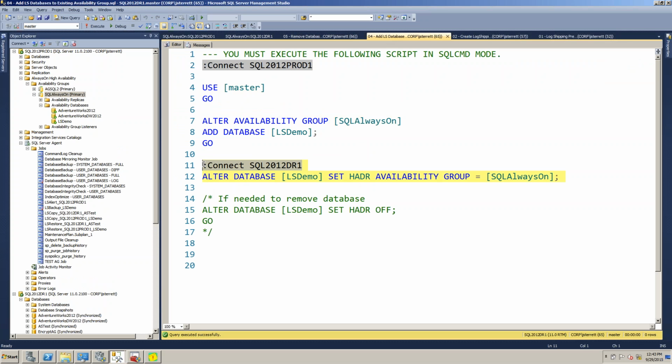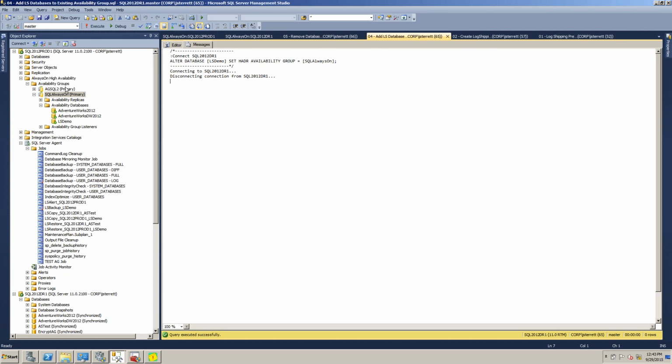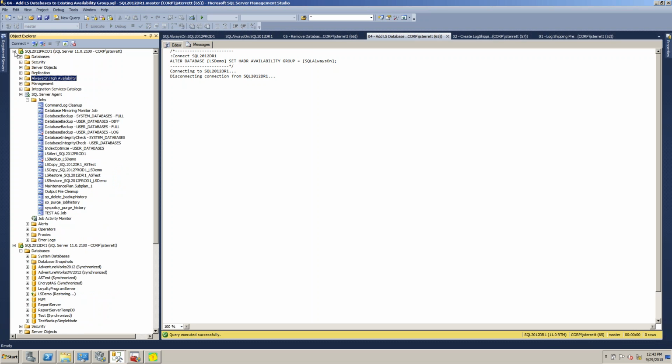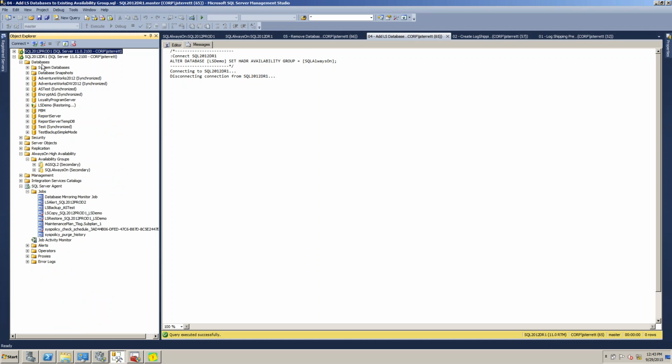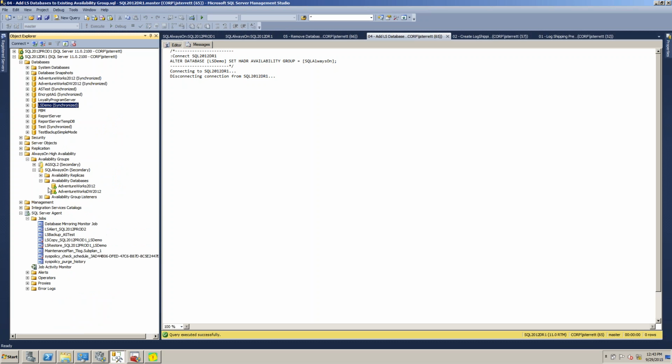and I run now to where I'm going to connect to my secondaries, and I'm saying go ahead and actually add this in there to physically join it on the secondary, we can refresh our dashboard and see that it's now part of our secondary as well. If I refresh my databases here, we're going to see that we're synchronized over here. And if I go over and refresh here, we're going to see that our database is added and we're healthy